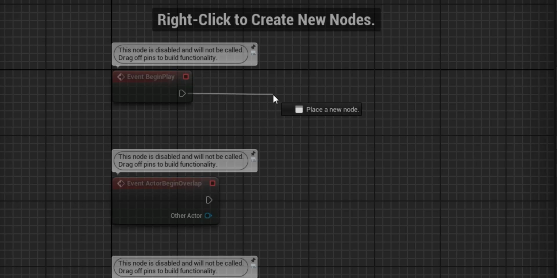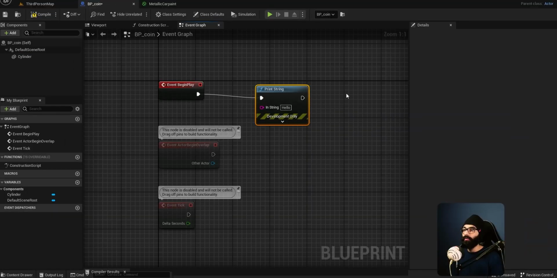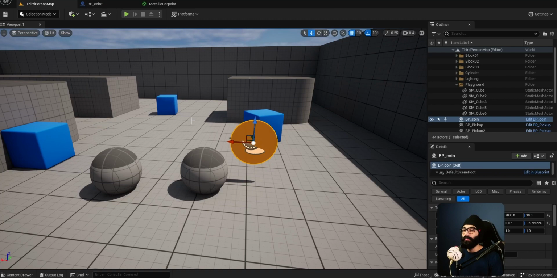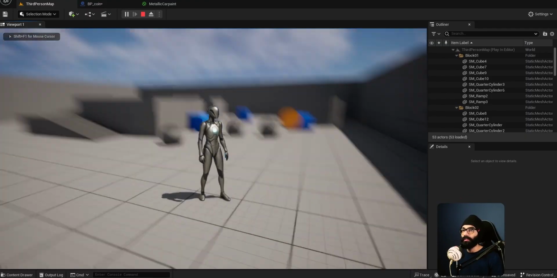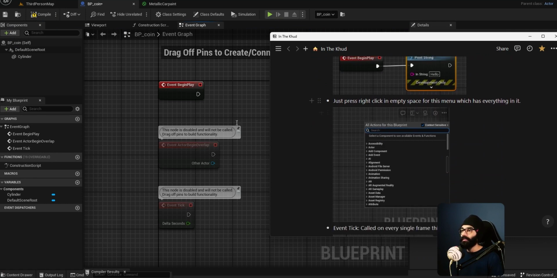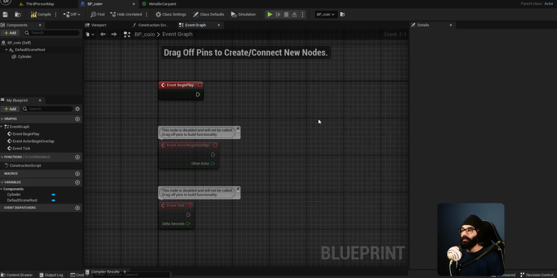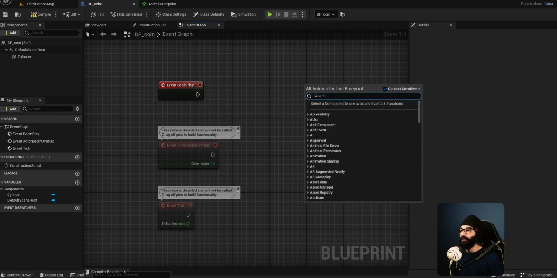Like if you come in here and drag out and say print string and say hello, if you come in here into third person map, because we have one instance of BP coin, if I do Alt P now, you can see on the top left there'll be hello printed just once because there's only one instance. Okay, print string is very good for debugging. So you can just right click here and your entire menu will come up. Like you can just search for anything that you want under this guy and it'll probably come in this menu,